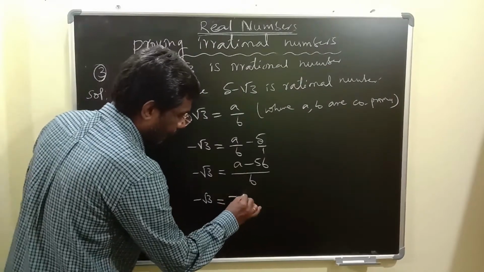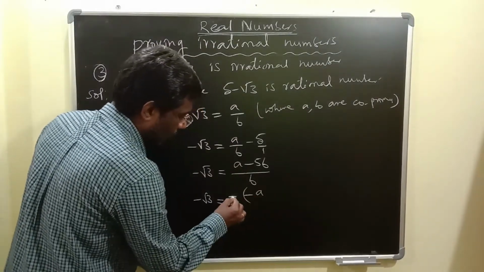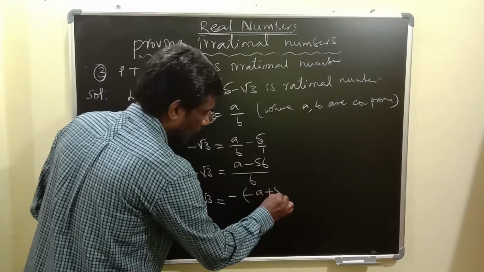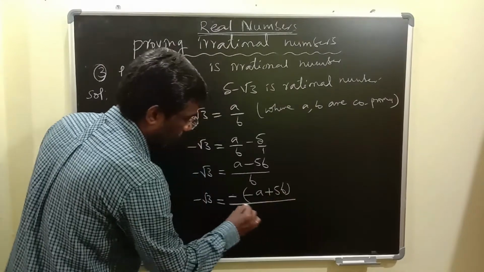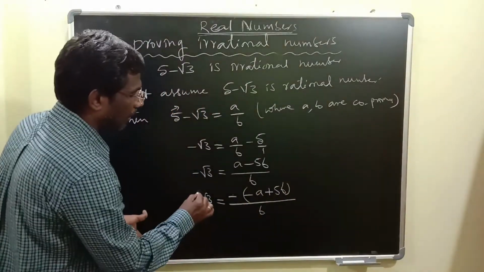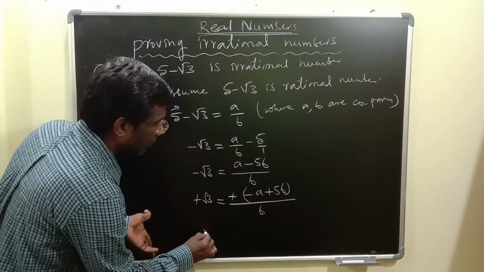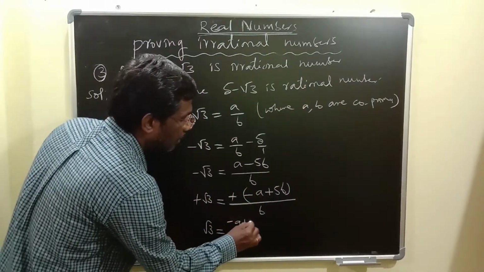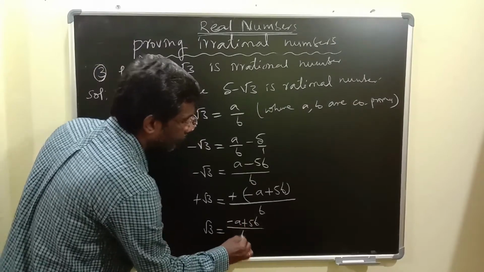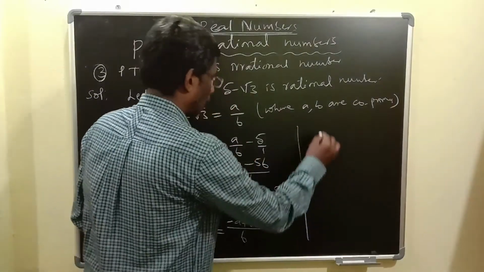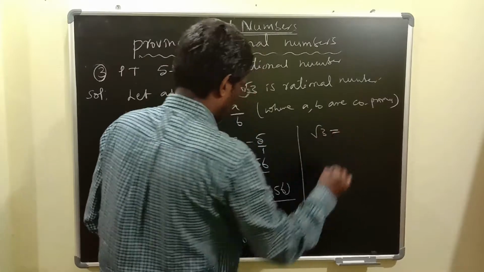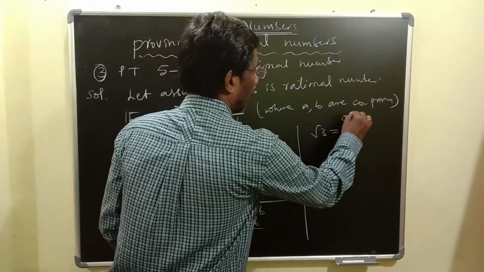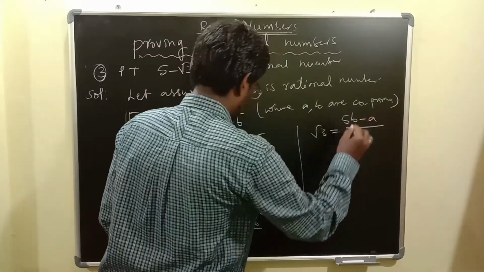Minus of minus A. So this minus into minus is plus A. So minus into plus, minus 5B by B. Then we can cancel this minus minus. So root 3 is equal to this minus A plus 5B by B. Root 3 is equal to, if we write this numerator in order form, that will be 5B minus A by